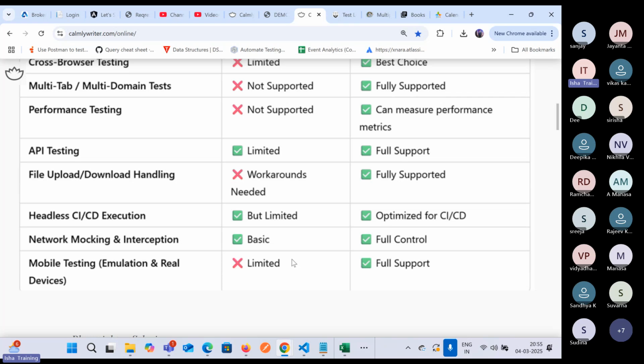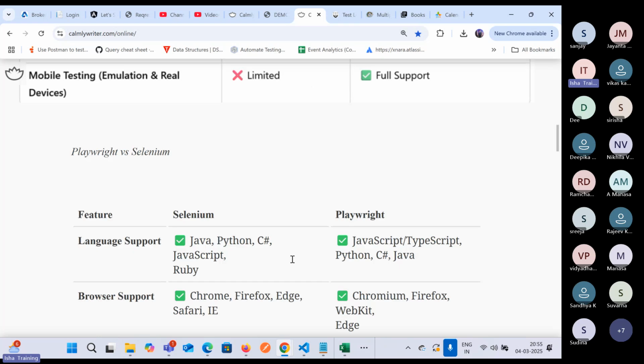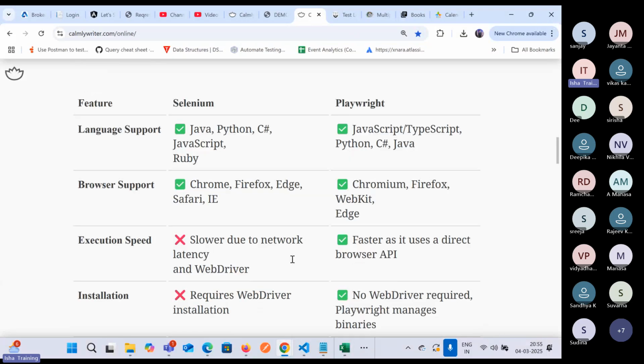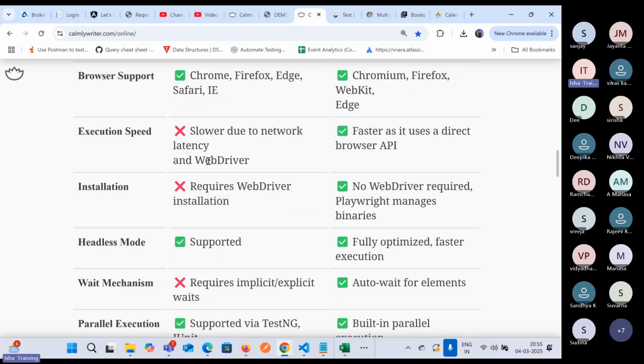Now, in terms of Playwright versus Selenium, there are a lot of differences. The similarity is language and browser support, which both of them support. Execution speed is much faster in Playwright. Why? That depends on the architecture of Playwright, which I'll explain in our next session. Okay, installation: as I said yesterday, setting up the Playwright environment takes 2 minutes of time,